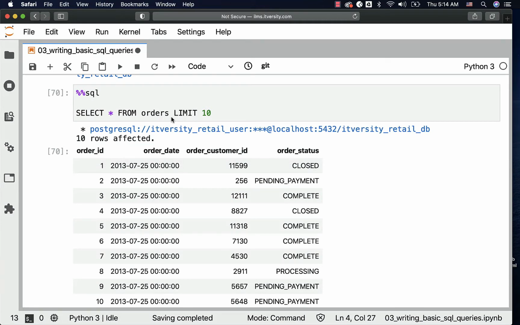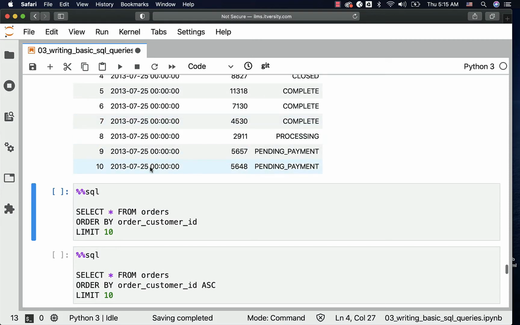If I run the same query 10 different times, every time I might end up getting different results. Or if 10 different people run the same query almost at the same time, even those 10 different people might end up getting different results. It might be different, it might be the same, as long as you do not specify order by to sort the data in some order. So this is how a simple query with the order by looks like.